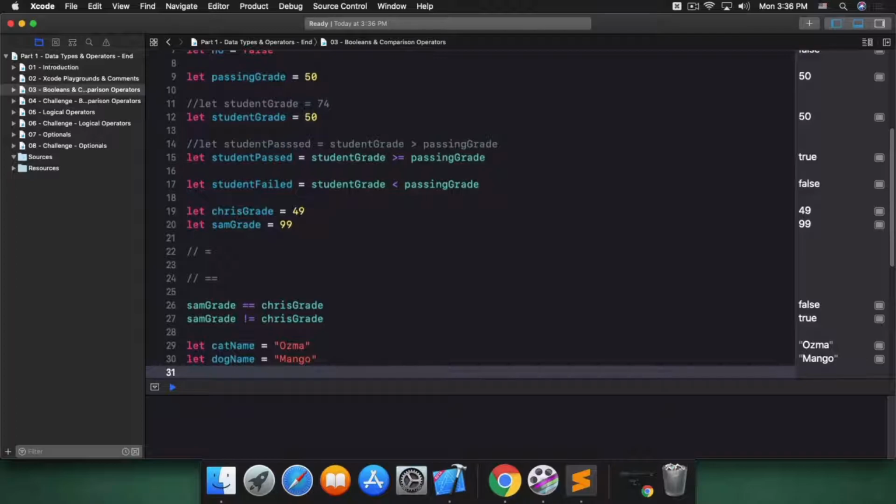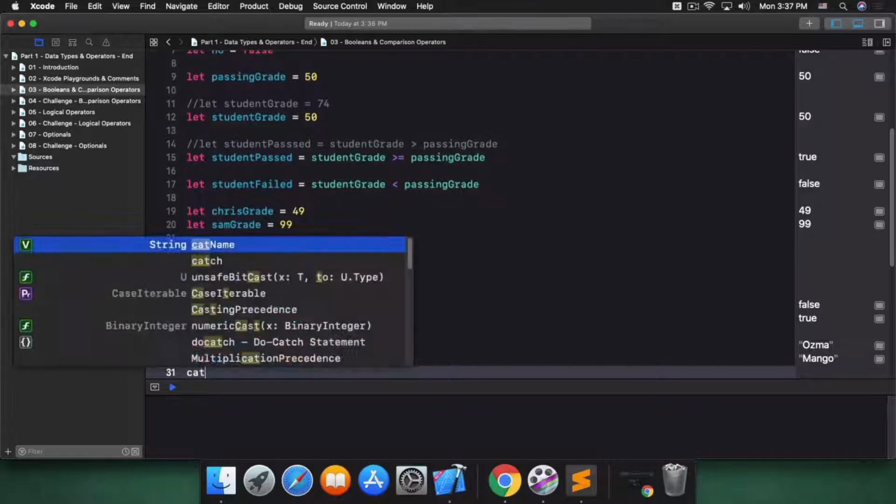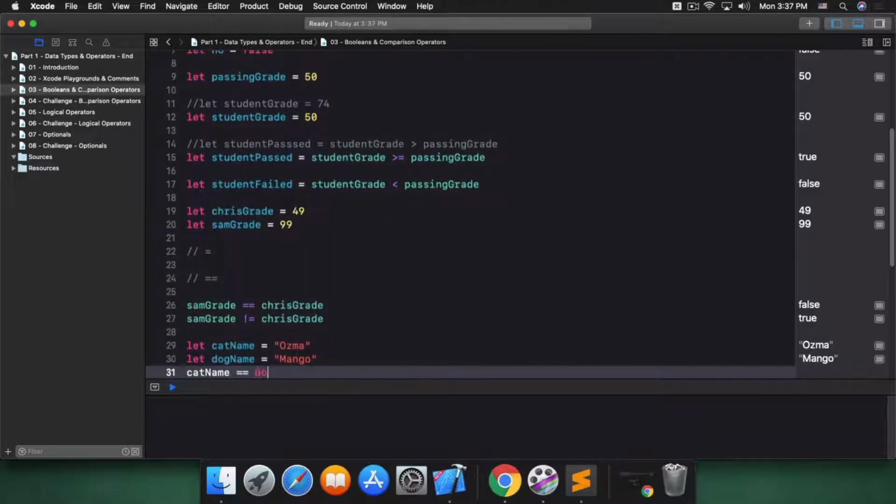You can use those same equality and inequality operators on strings. Is cat name equal to dog name? No, they're not the same. Swift compares the contents of each string to see if they're the same or different. And in this case, they're different.